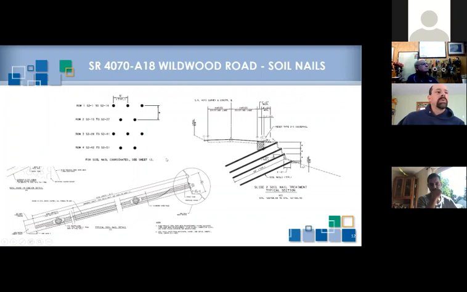So what they do with the soil nails is they drill those in the slope. They just drill a hole, and they place this nail in. These are just centralizers, so plastic pieces that just keep that nail in the center of the hole. Then they have little tubes which they grout, and the grout comes up and fills that.